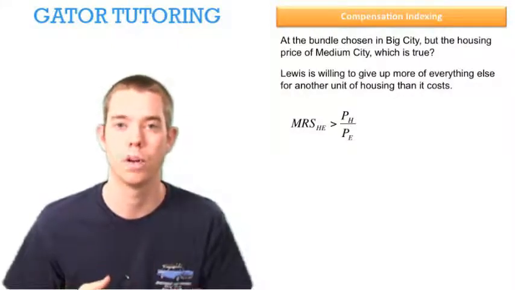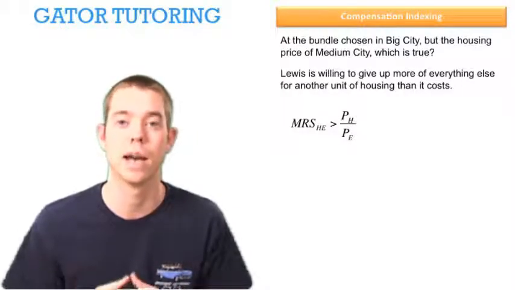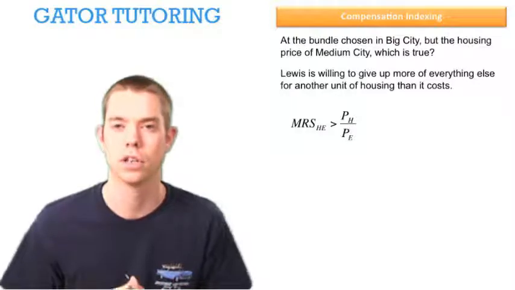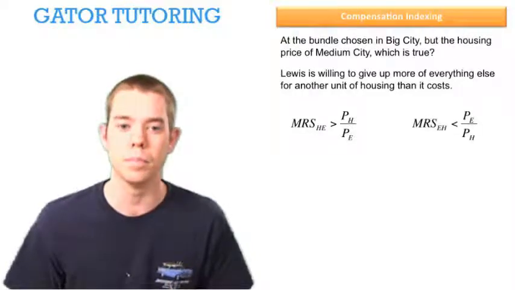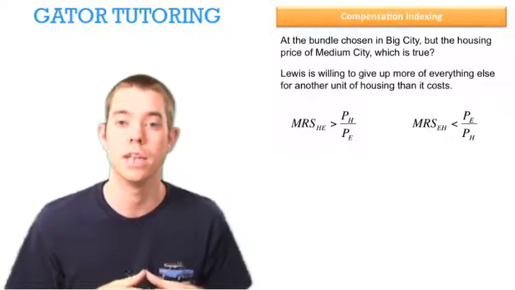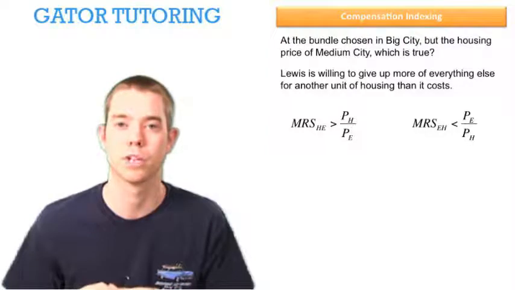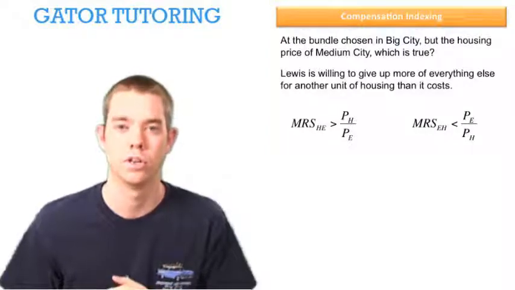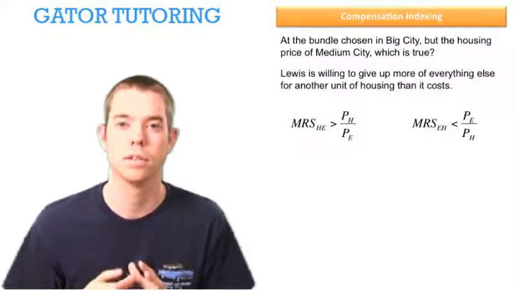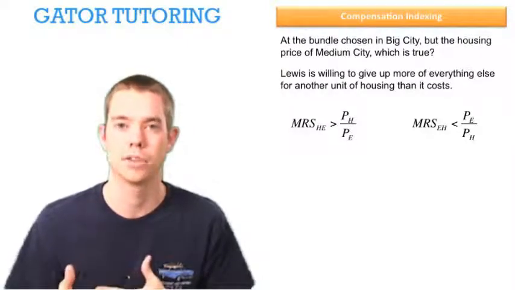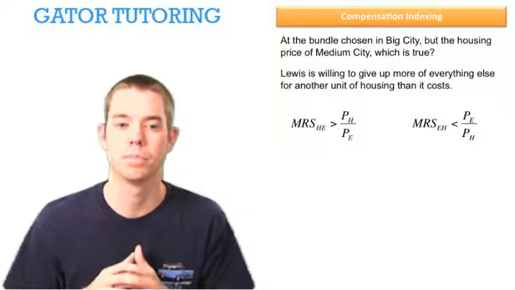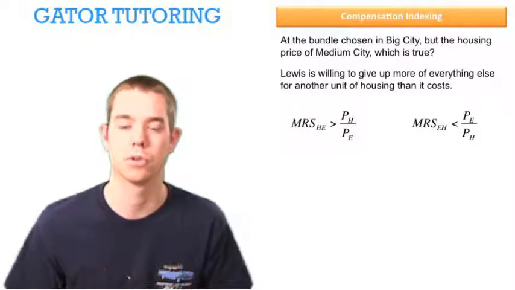So at this point, we're going to buy more housing, or another way to say that is we're going to buy less of everything else. So you can think of that in both ways. And that brings me to the next point, is this is another way to write the exact same thought. The marginal rate of substitution of E to H is less than the price ratio of E to H. So any form that you like to see it in, write it in that form. You can always algebraically manipulate it to match an answer choice on the test, but just make sure you understand how to say that and how to interpret it.